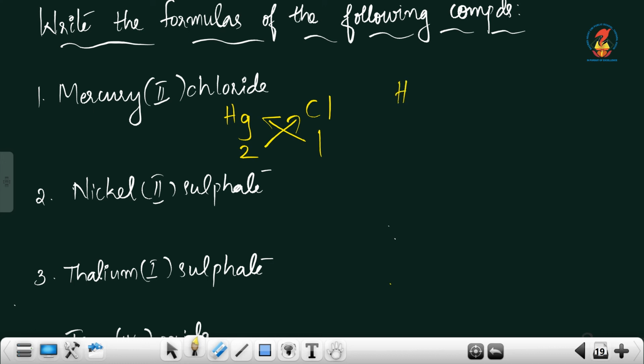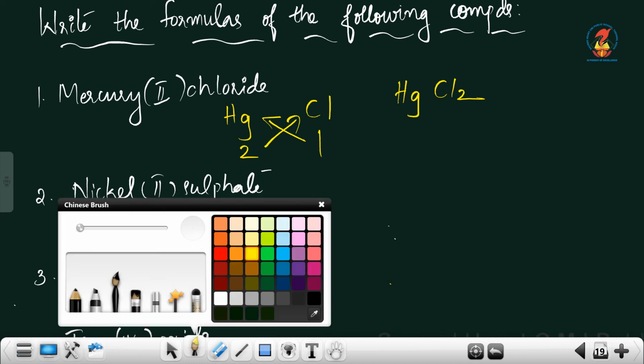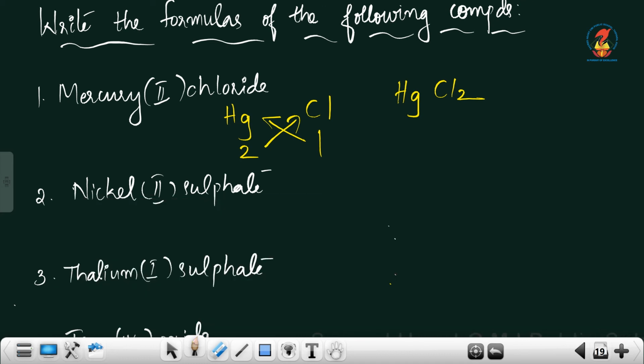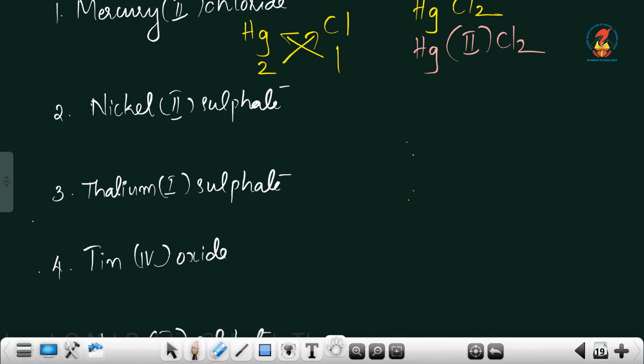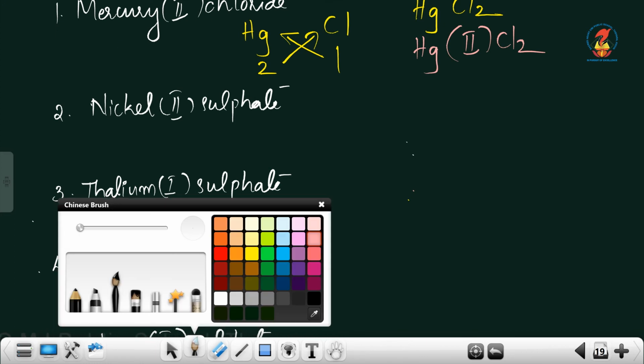What you are getting is the formula HgCl2. So how can we write the stock notation as Hg(II)Cl2. Just write the oxidation state after the symbol of the metal. Now the next one is